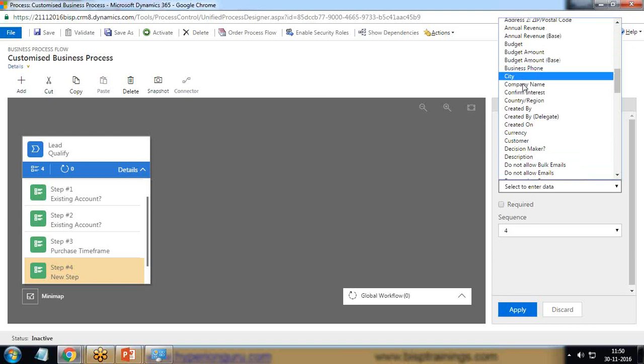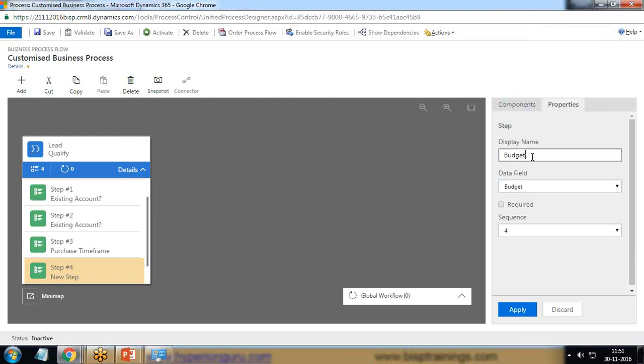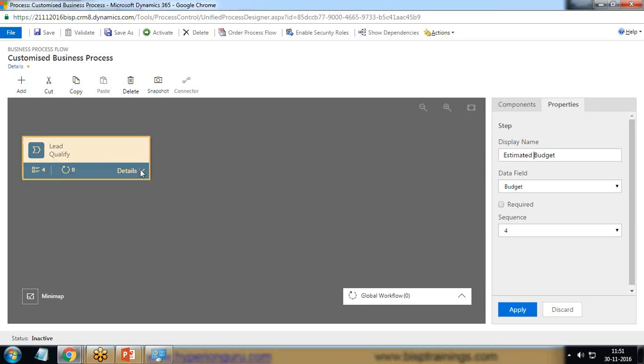We have that budget amount, budget, and I'll just add this estimated budget. These are 4 steps, and I'll just collapse it. Now the next stage I want to add here is